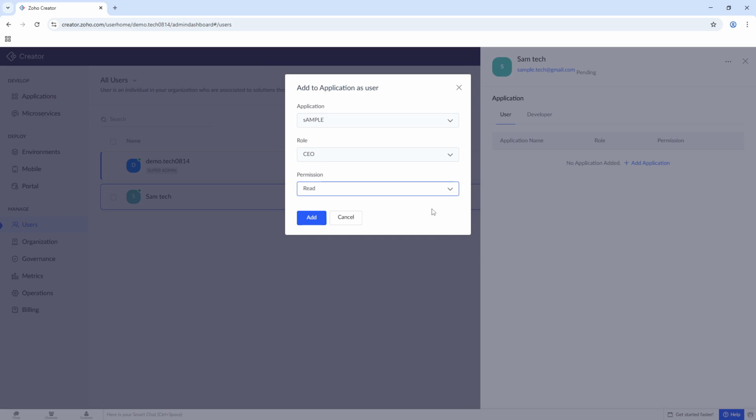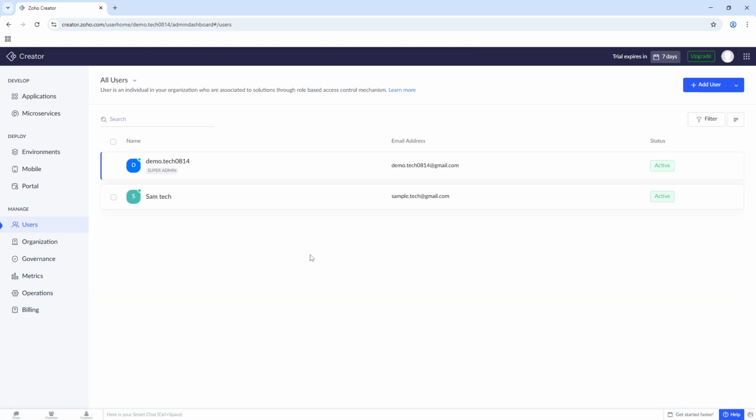Once you've carefully set up the permissions, review everything to make sure it aligns with your intentions. Precision here is key, as the roles you create can greatly impact the functionality of your application and the effectiveness of your team members. When you're satisfied, confirm your settings by hitting the Save button. This action will officially create the role and apply it to your Zoho Creator account. Congratulations, you have just successfully created a role in